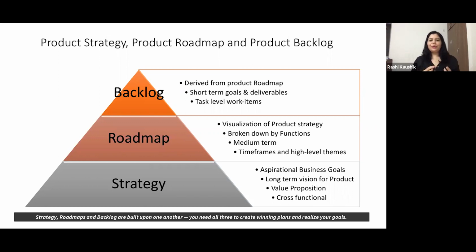The other thing to note is that your company strategy isn't really your product strategy. If you are working in a large company with several products, then each of those products will have their own product strategy, whereas the company strategy will be common for the entire company. In the case of startups, you may have some crossover where initially you might have one product to begin with, but make sure that you are able to branch out your product strategy as and when you grow into multiple products. I hope that clarifies.